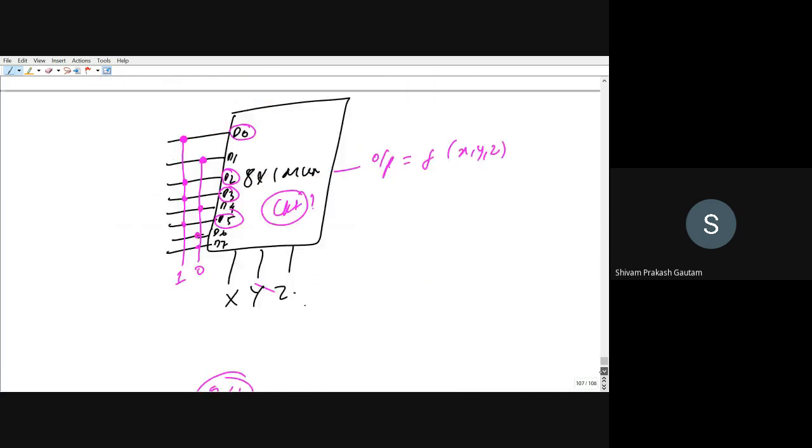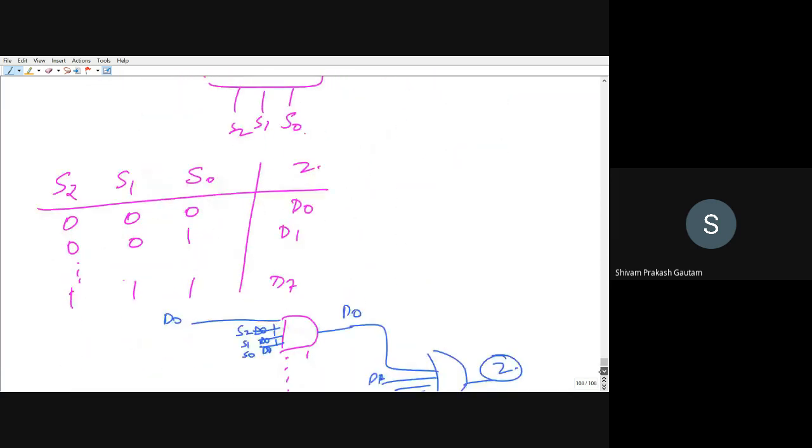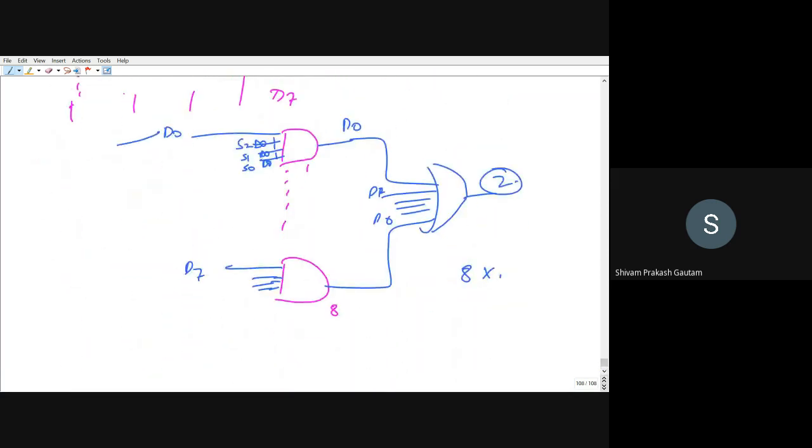After you build this circuit, what you have to do is provide 1 at D0. Similarly, D2 is also 1, and D3 is also 1, and D5 is also 1. So all of these will be 1, and the rest of the others will be 0, like D7 will be 0. Are you getting the circuit that I am trying to explain? I have not drawn it fully. Yes, sir. Okay, so this is what the whole circuit will look like.